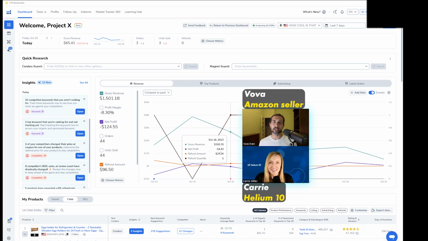Hey, welcome to Helium 10 Insights Dashboard tutorial. In this video, we're going to show you step-by-step how to use this tool by Helium 10. It helps you with managing your Amazon business, get suggestions for keywords and suggestions for competitors. We're going to show it to you step by step, so hopefully it's going to be helpful for you and